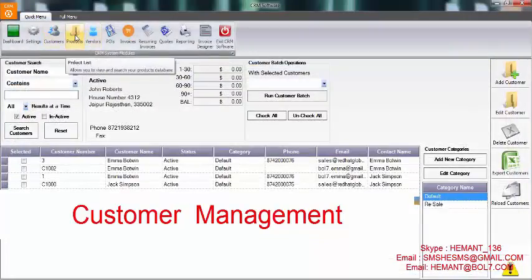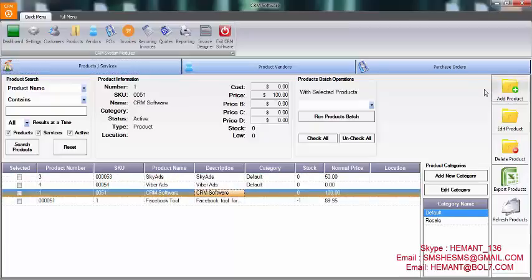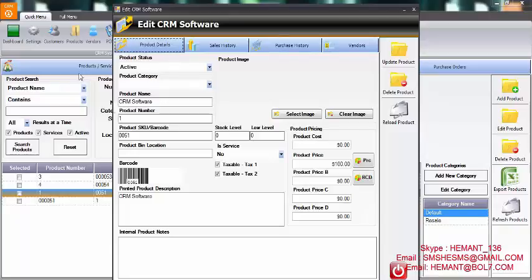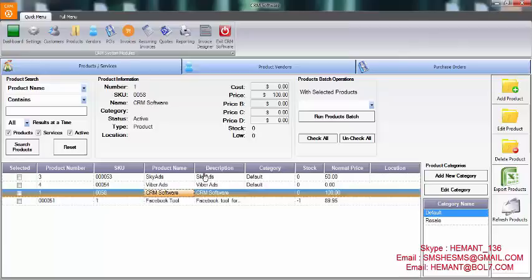Now the next option which we come across is to manage products. Here in products, you can search products according to your requirements. For example, I have 4 products for now. If I want to add some product, I'm going to click on add it and I'm going to directly go to this window. Now here I can see the product is CRM software. The product SKU code is 0051. You can change it to any code, and you can just update this product and the information has been updated. Now this is the way to manage all your products. You can manage all the inventory, all your products in the company.